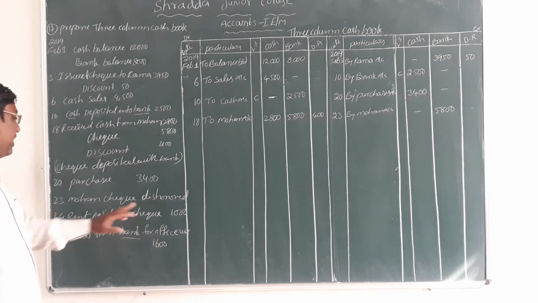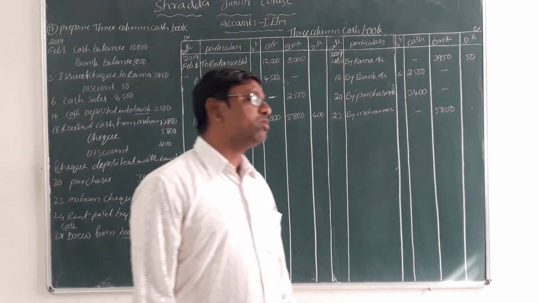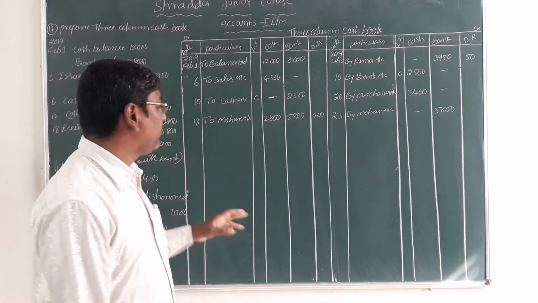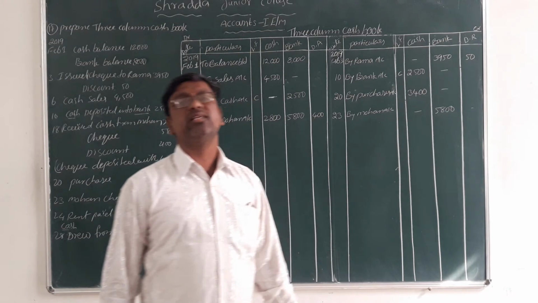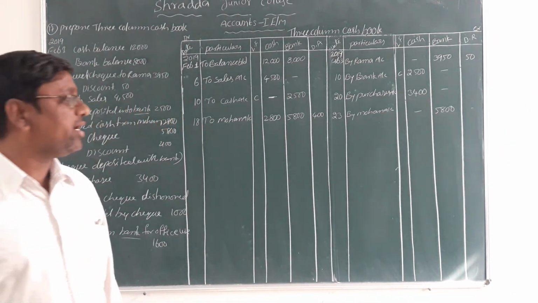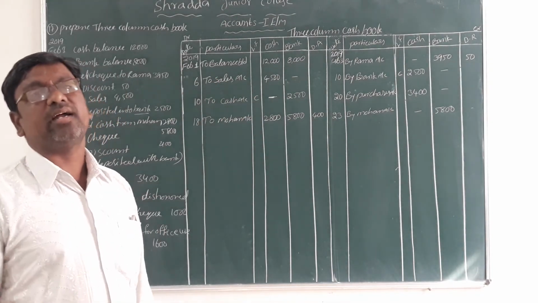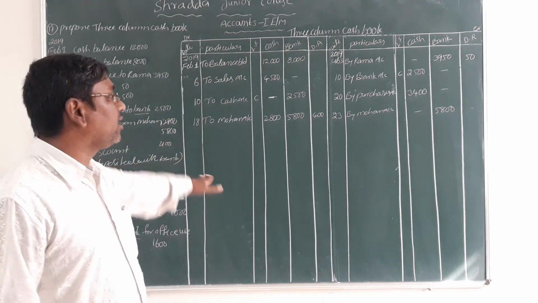Rent paid by check. What we can pay here? Rent paid. Here rent is of two types: rent paid and rent received. Rent received we record on the debit side. Rent paid we record on the credit side. Why? Because at paid time cash goes out, check goes out. That's why we record on which side, students? That is the credit side. Okay now, what do we record on the debit side? We receive the cash or check. That's why we record on the debit side here.